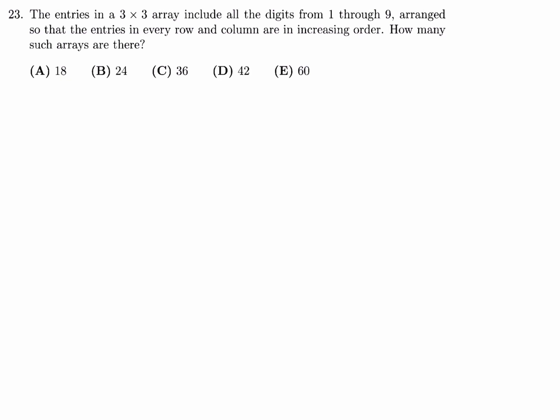The entries in a 3 by 3 array include all the digits from 1 to 9 arranged so that the entries in every row and column are in increasing order. How many such arrays are there? So we have